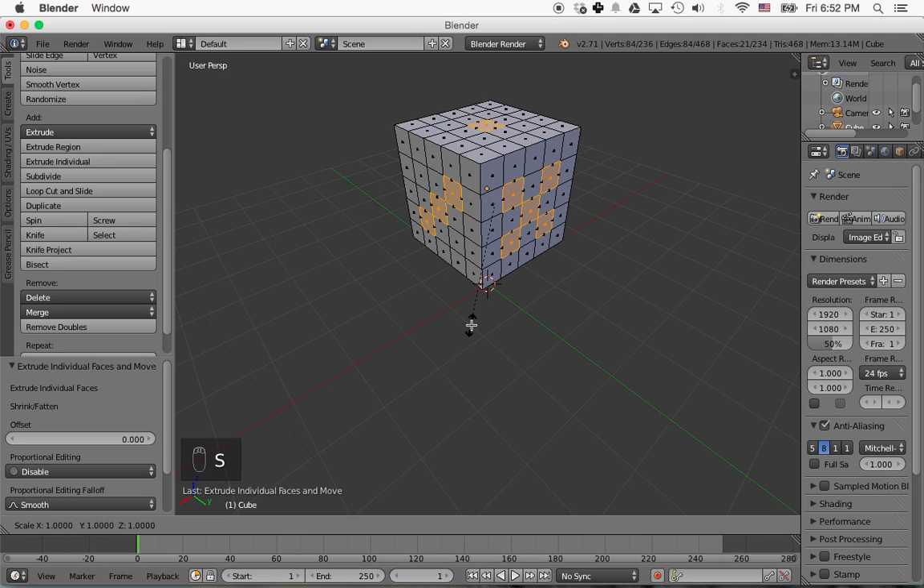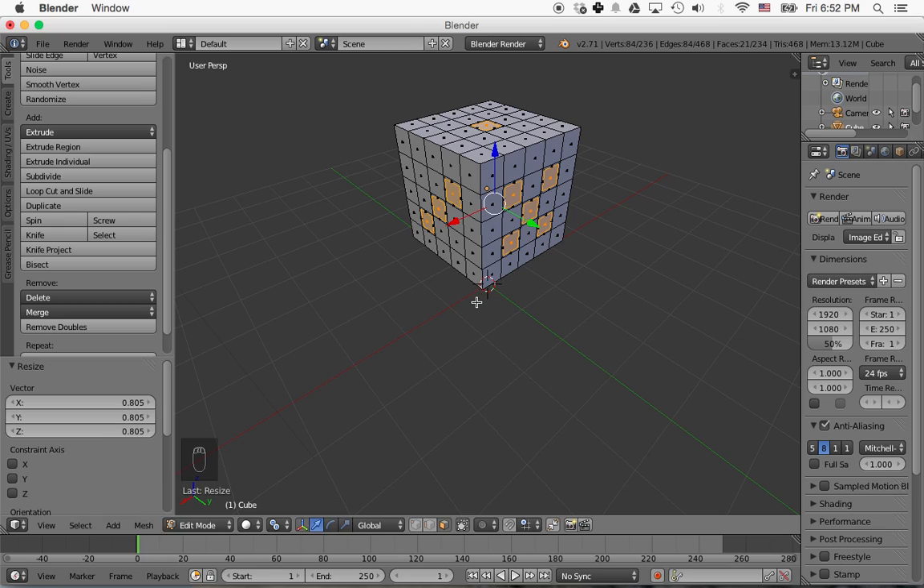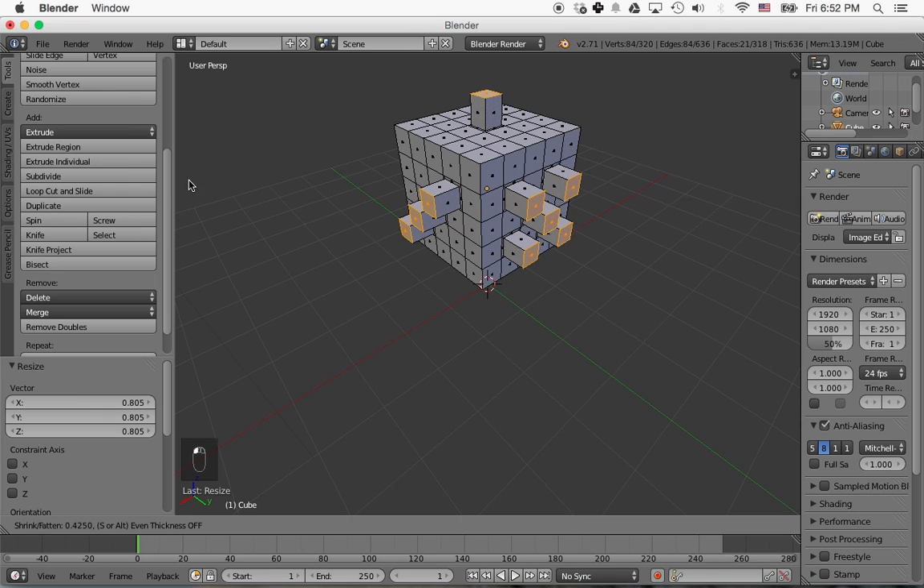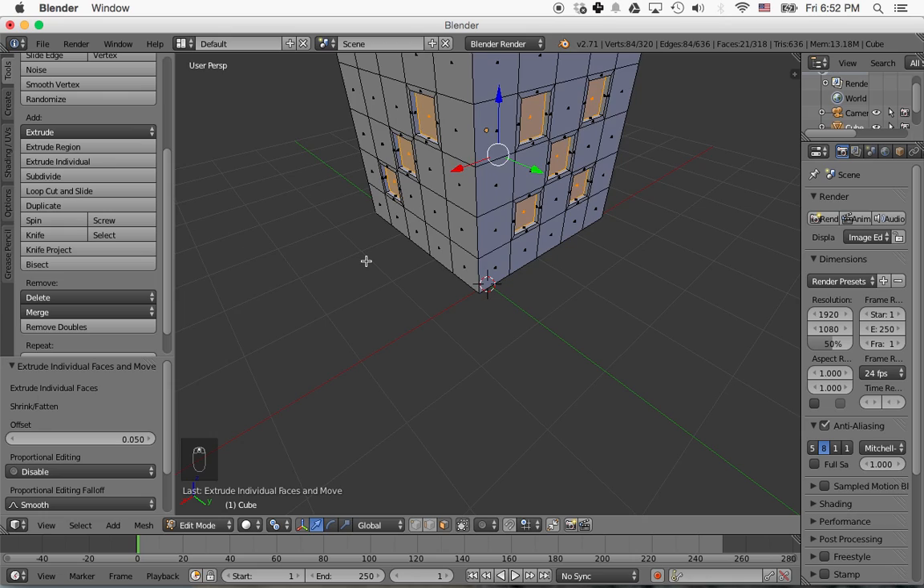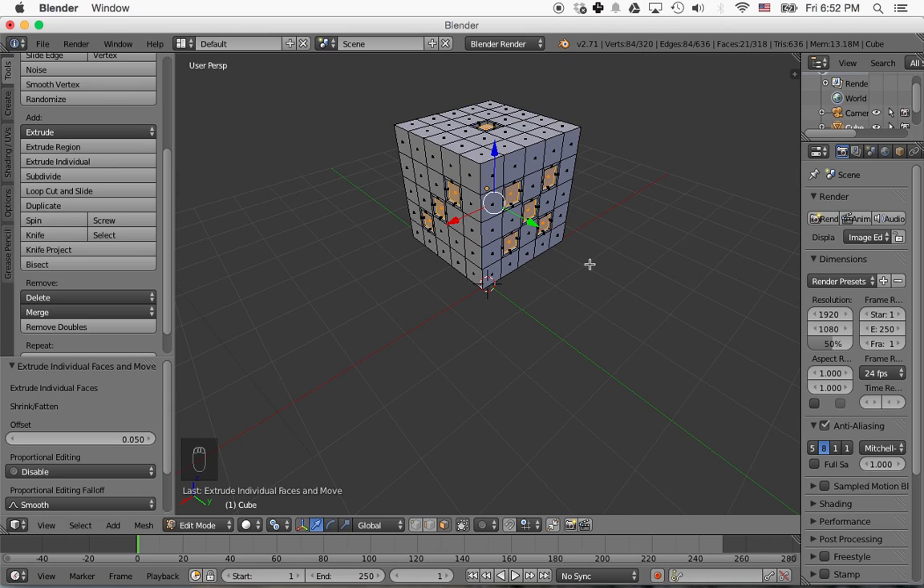And then we'll press S to scale and just move them in a little bit, maybe about 80% of what they were to start with. And then we're going to click Extrude Individual again, and this time we're going to move them in just slightly, like that. Should be fine. And yeah, that looks pretty good. So we've got a nice cube here, and